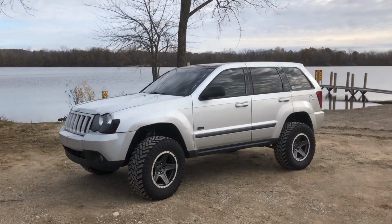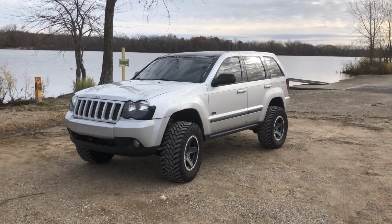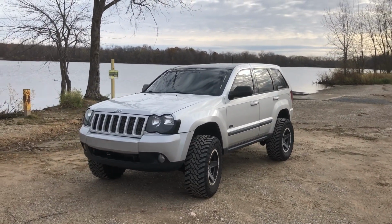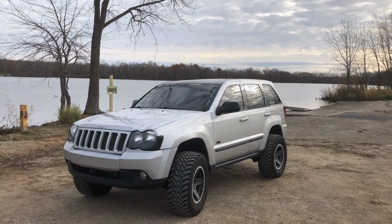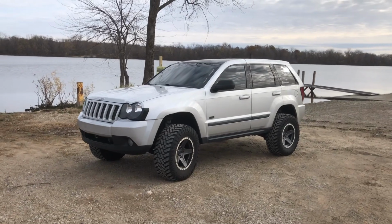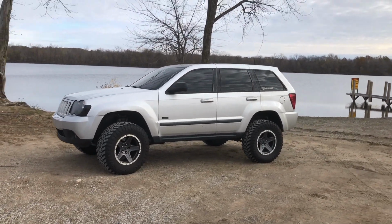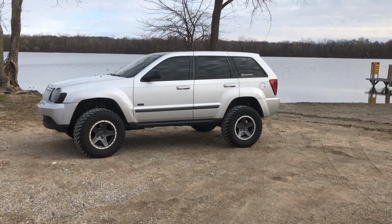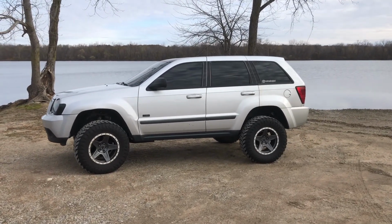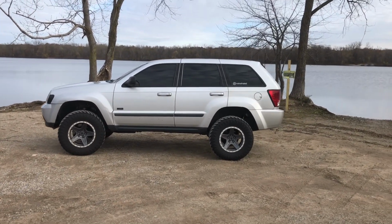The biggest con that I have with this engine is the transmission that it's paired with. I believe the max tow rating, which is kind of ridiculous if you think about it, this vehicle weighs about 4,500 pounds and the max tow rating is only 3,500 pounds. And I've towed with this Jeep maybe 5 or 6 times now, mostly just smaller trailers consisting of smaller lightweight items. But I did go with a